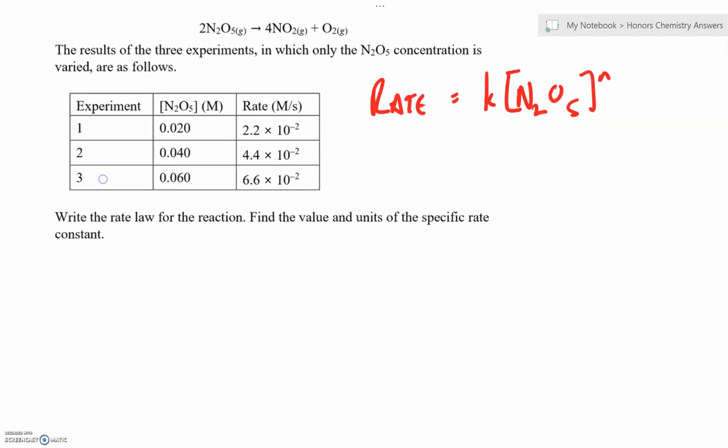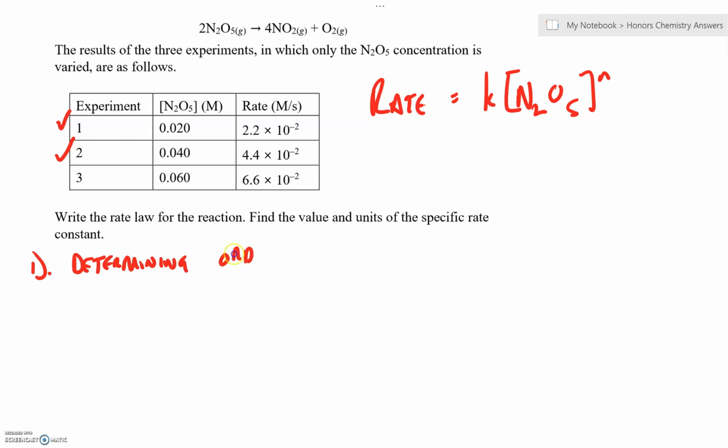So what we're going to do is try to assess the relationship between changing concentration and rate. So we have three experiments here. Now, if this was a situation where we had multiple reactants, we'd have to choose our experiments carefully, but we don't need to do that here. So I'm just going to stick with experiments 1 and 2. And the first thing I'm going to try to do is find the order. So the first part is determining the order